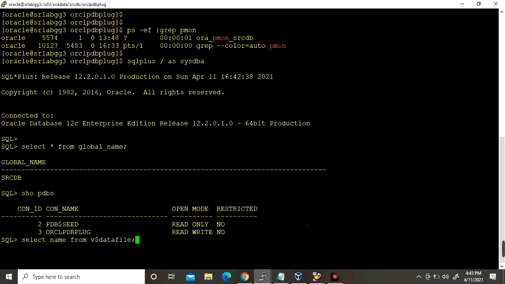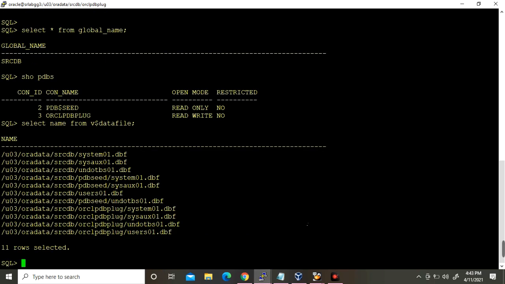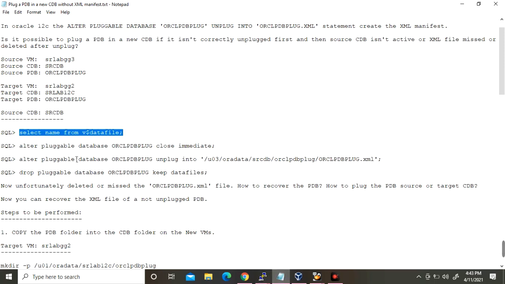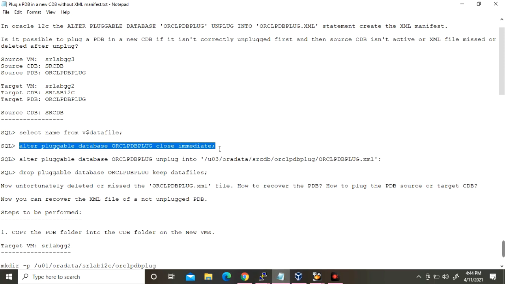So select name from v$datafile. I'm finding out the data file location. So this is the PDB location, in the source. Then I'm going to close this PDB, because I'm going to create the XML file.